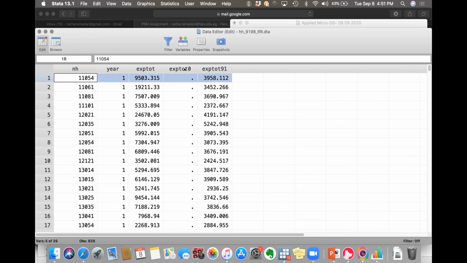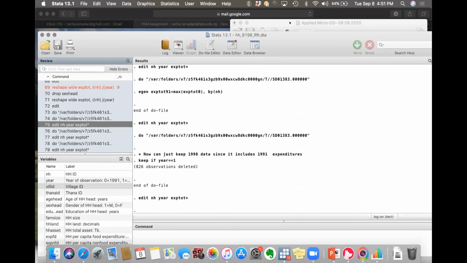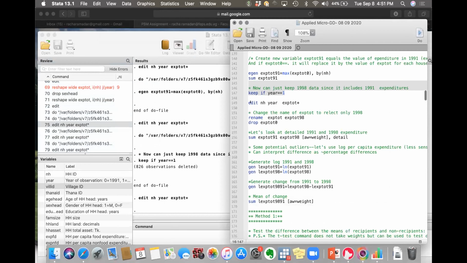And I have the variable I created, total expenditure 0, equal missing, because for the year 1, this variable equals missing. And I have another variable called total expenditure 91 that equals the value of total per capita expenditure in the year 91. So what I simply have to do is to drop this all-missing variable, expenditure total 0, and I will rename total expenditure per capita this 98 to have the 2 years that I'm interested in. So I will go back here and I will rename total per capita expenditure total x.98. I will drop it, and if I want to see the sum,